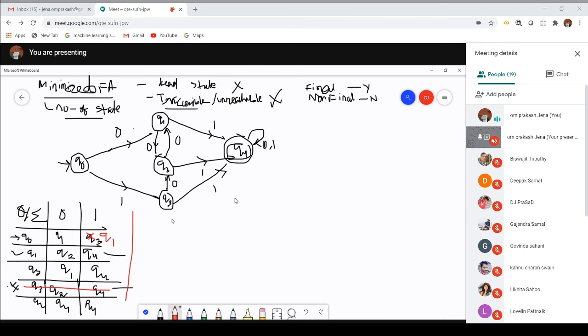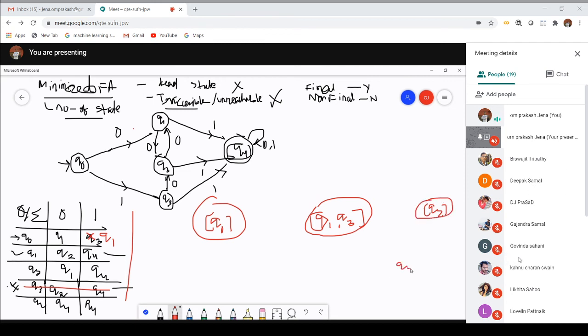So how to represent this? For the reduced state, Q0 is there, then another one is Q1, which is same as Q3. Both are the same, so I have to represent it like this. Another one is Q2, and the last one is called Q4. Which one is the final state of the DFA? Q4, and the same Q4 is the final state over here. Which one is the start state? Q0 is the start state.